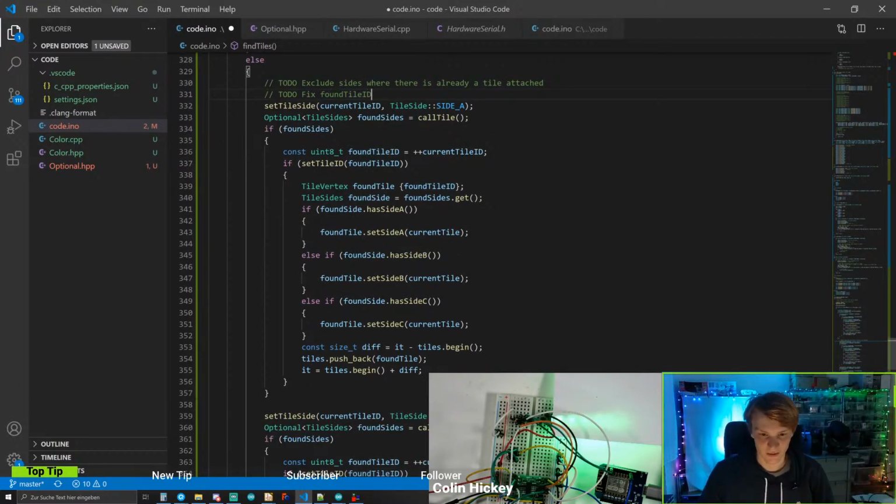Fix found tile ID. So let's continue. The found tile ID will be current ID plus that plus 1, which is not correct all the time, but we then set the tile ID. If it works first time, it's a bug. No, not always. Set tile ID, and then if we set the tile ID, we say,